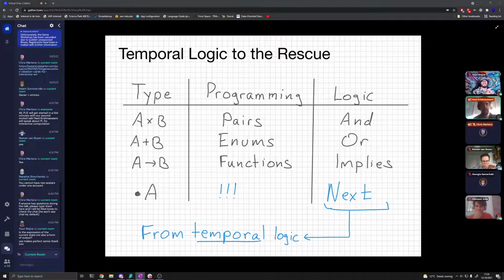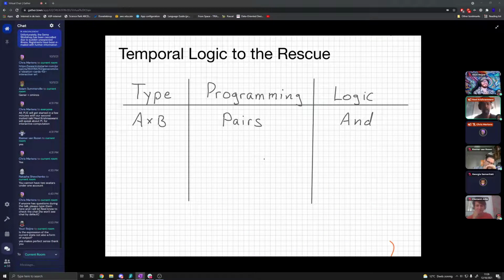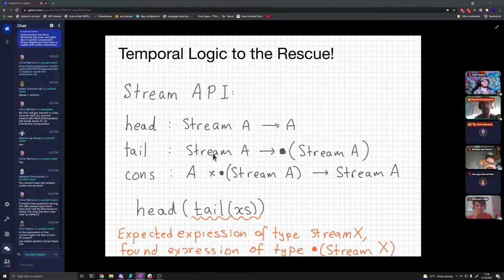That gives us a way of reading what these types are telling us. If you take the tail of a stream, and now we're imagining streams as things extended in time, just like inputs and outputs, the tail only starts on the next time step. When you're assembling a stream, you have the head, which is at the current time, and a stream starting one step in the future. You can put those together to get a stream starting now and carrying on into the future.